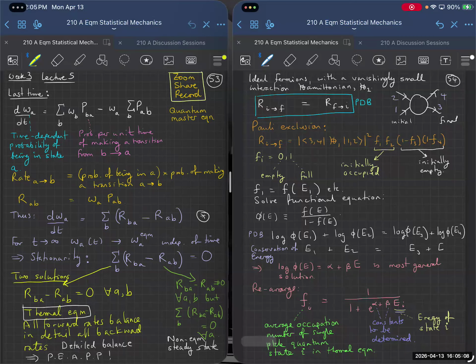Then I showed you that we can use this principle of detailed balance, the idea that the forward and backward rates cancel out in thermal equilibrium. We can actually use that to compute something. So as an example, as a very ambitious example,